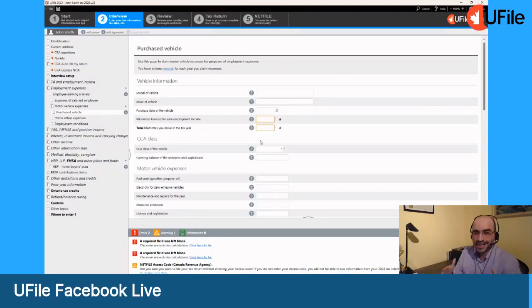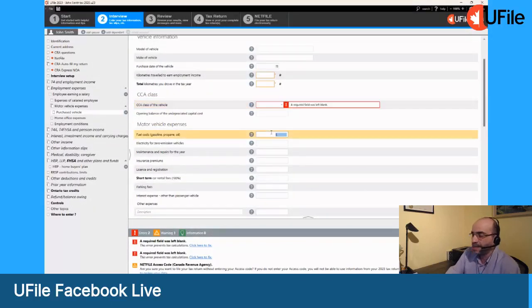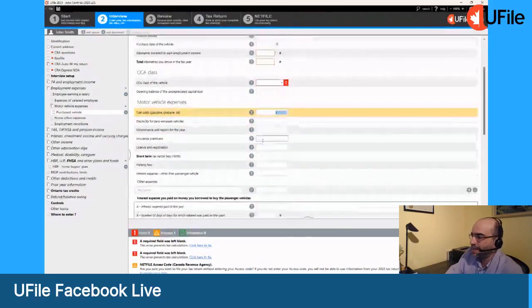So, for example, for gasoline vehicles, you can claim 30% of the value of the vehicle every single year as an expense, and that's what we call the depreciation expense, or what the government calls capital cost allowance, or CCA for short. So you choose the class of the vehicle that you have. And then from there, you could also claim general expenses, current expenditures on your vehicle, like fuel, maintenance and repairs, insurance premiums, and license and registration, and so on and so forth. So these are the types of expenses that you can claim for your vehicle.